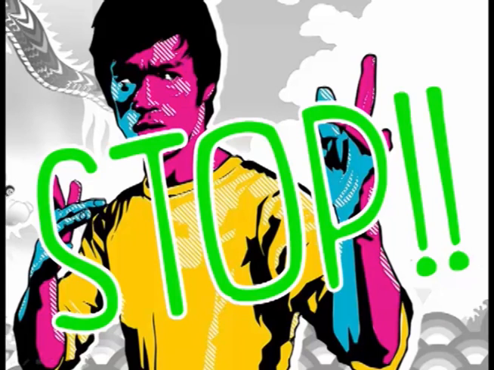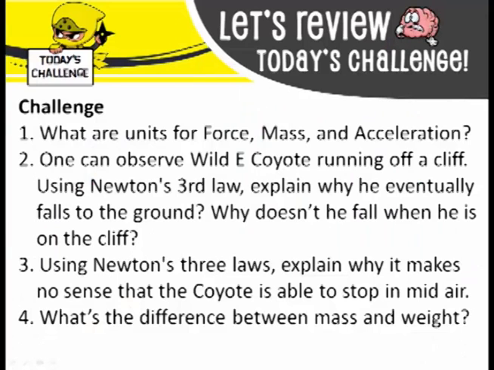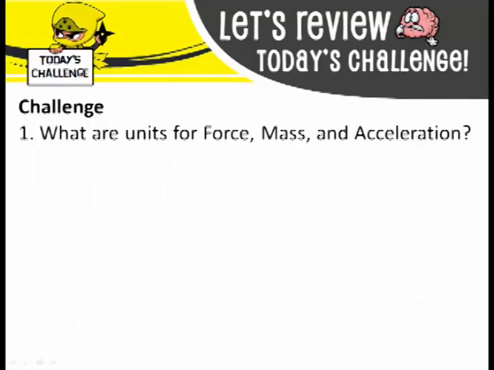Alright folks, please put your pen down, give me your attention up front as we go over all these problems. Alright, so we have the following 4 questions. The first one's a straight up units question, which can be very helpful if you're reading a word problem. It doesn't always say force equals or mass equals or acceleration equals. Sometimes it'll just say something like 8 newtons or 3 meters per second squared. And you have to know based on those units what you're actually pulling out, which variable it is.